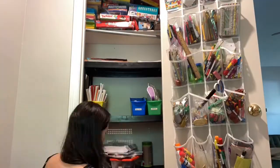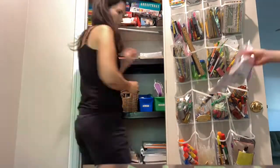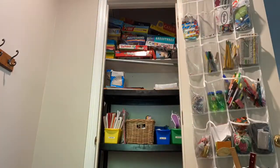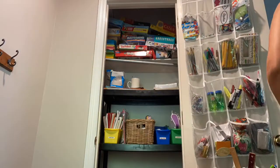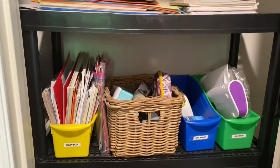One of the best things about minimalism is realizing that we can use our spaces for whatever we want, and we don't have to be bound by traditional ideas of what a space should be. So an example of this is converting our coat closet in our front hall to a homeschool space. That has allowed us to have a great place to keep all of our homeschool items. So I just wanted to show you guys the final